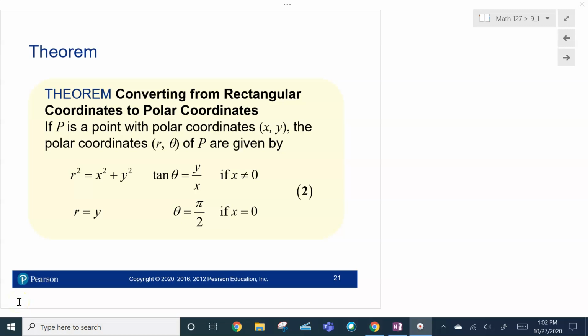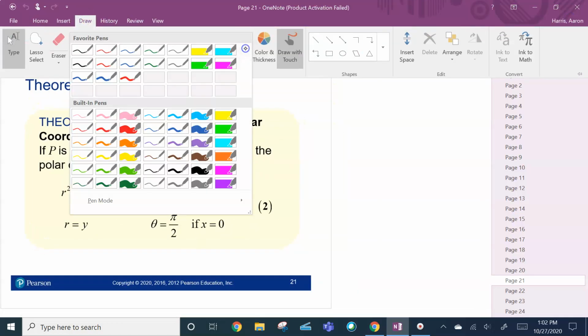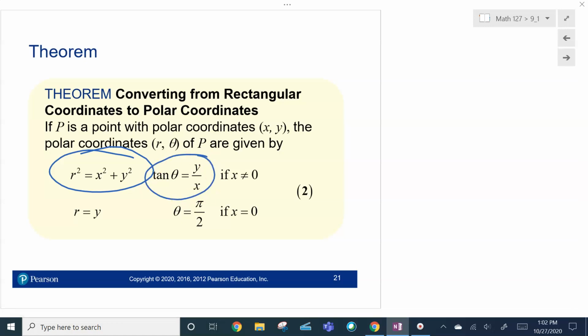We're talking about converting from rectangular coordinates to polar coordinates, and so the first step was we were using r squared equals... the Pythagorean theorem, right? And then we would set it up with the tangent being opposite over adjacent, and we'd use the arctangent